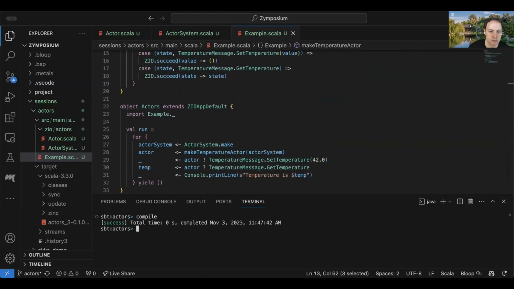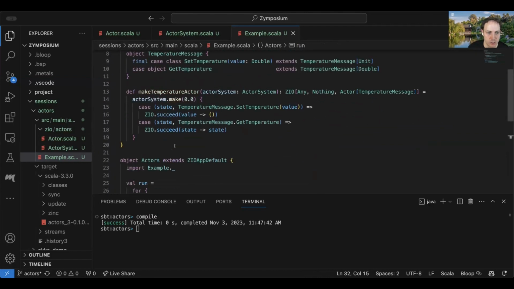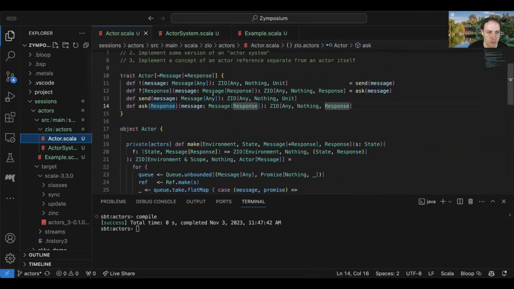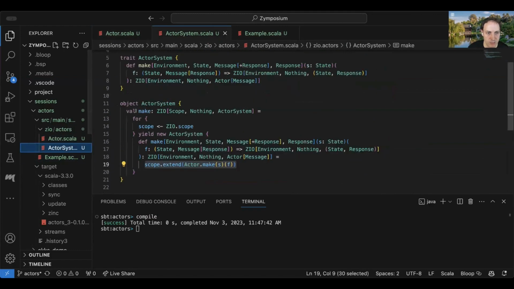Okay. So I think we're making pretty good progress here. Again, this is starting to look more actor-like with the actor system. And I think we've got nice finalization logic here. We've now started to get a little bit of a nicer structure here. We've encapsulated some of this. So now the only way you can create the actor is through the actor system. So I think this is getting us in a good direction.